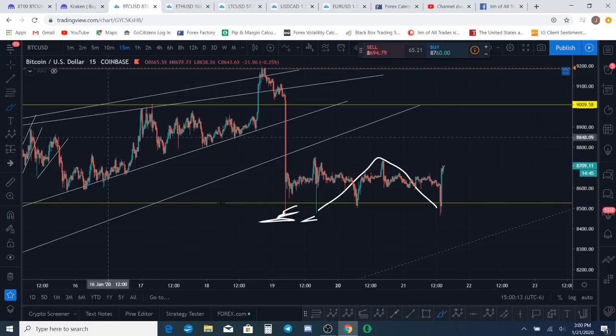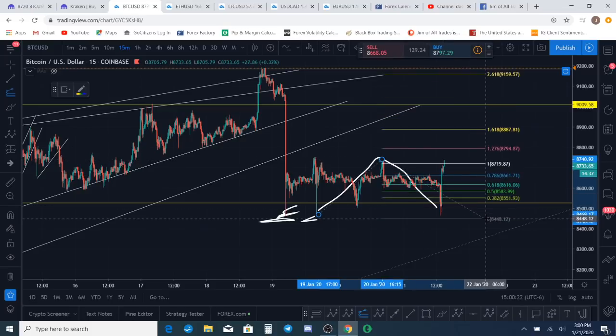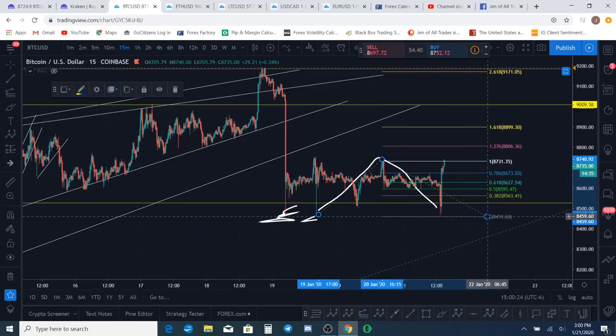If we're getting a flat correction, and it looks like we may be, let's see where it would be coming to. Let's put the fibs on that guy, see if we can get an extension up here. Yeah, there we go. We're getting some impulse up to the upside. We've already hit the 1-to-1 extension at 87.31. We'd be looking at up to 88.06 as another possibility of a target here to finish, and then we look for a reversal to the downside. Potentially 8900 would be the finality of this wave.